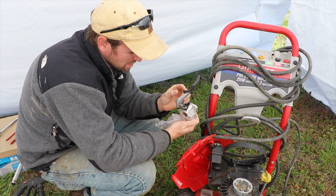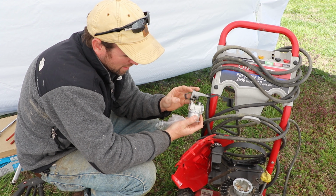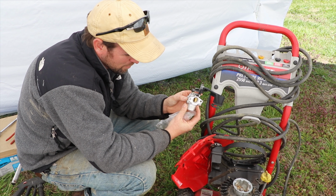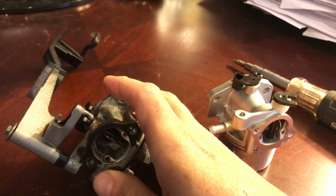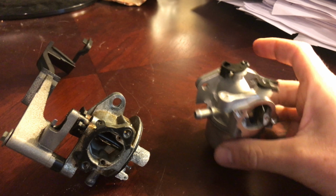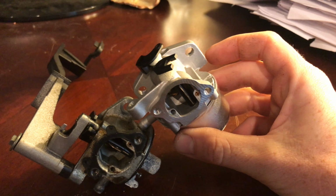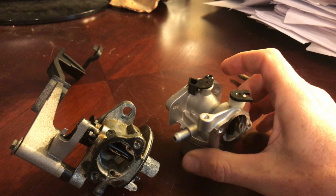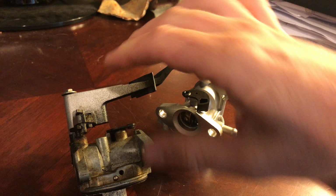It's really not that expensive. You have to put your arms and stuff back on and kind of build this thing back together, because it doesn't come with all the attachments that would go onto the engine. So this is our old carburetor. I tried cleaning it out, so I've got the bowl off. And this is the new carburetor, which I'm going to post a link to below. Basically the exact same carburetor. They look a little different, but if you match up the screws,